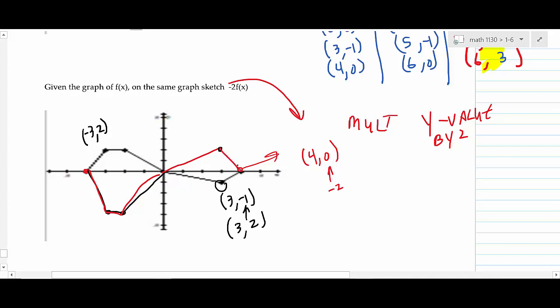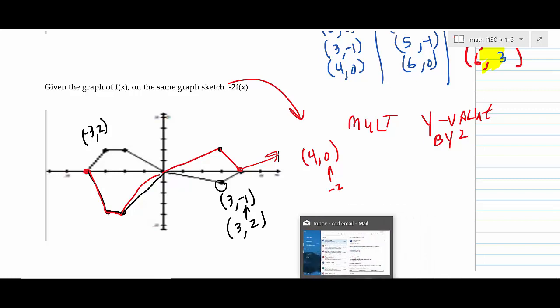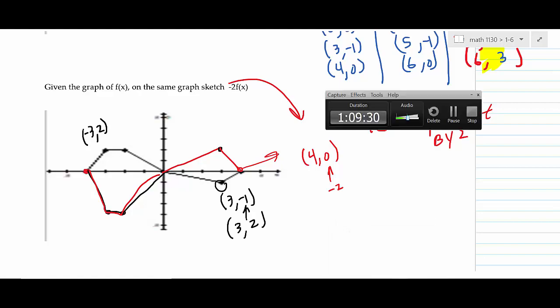So what's happening on that one is, it's easy to see the reflect. How about the stretch? Can you see the stretch? Okay, that was up 2, now it's down 4, like that. If you can do it in your head, do it in your head. If you struggle to do it in your head, do it the other way. Okay? Either way, all right? Okay, you guys got any questions about how that's working? Okay. And then a lot of this, as you get more advanced with functions, particularly in trig and so forth,